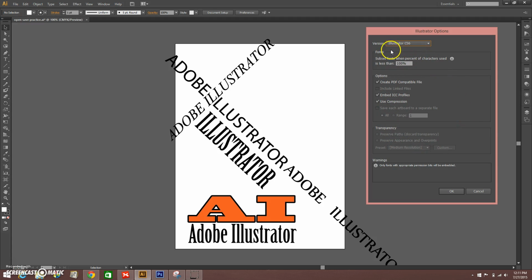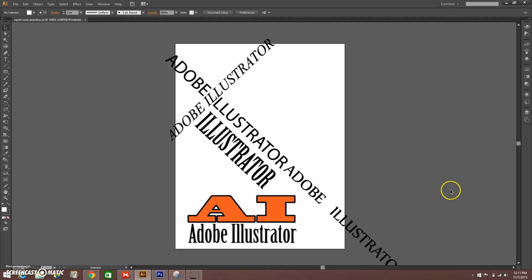Everything else I'm going to go ahead and keep all by itself. I don't want to make changes to this. In most cases, under Illustrator options, I just leave it alone. I don't change anything. I just leave it at the default settings and simply hit OK, and it will save it. Now, if I wanted to save this and maybe send it to somebody to print that does not have